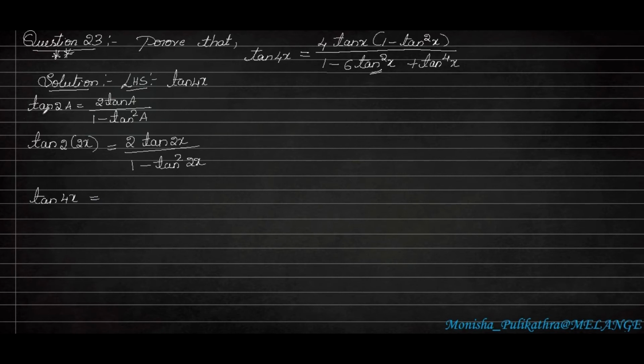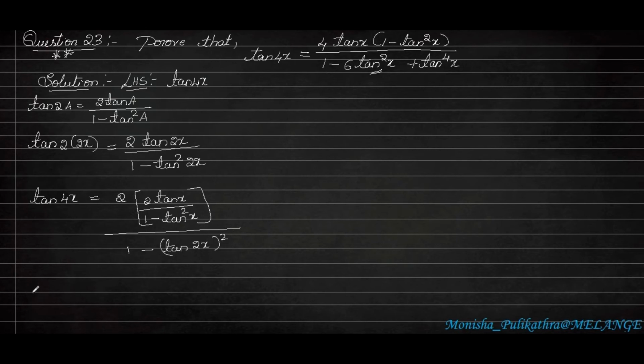Again we got this formula as tan 2a. So we have to apply this formula tan 2a to this term. So it will become 2 into, so tan 2x is equal to 2 tan x divided by 1 minus tan square x. Right? We are just substituting it for the formula. So next 1 minus tan square 2x. Again there is tan 2x here. Okay, but we can take it as whole square. So it will become 1 minus tan 2x whole square.